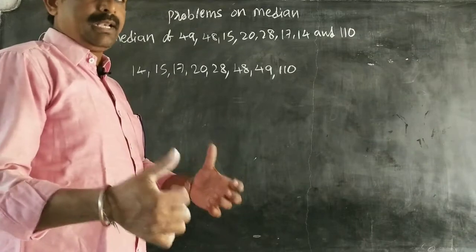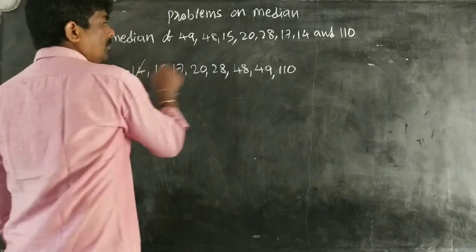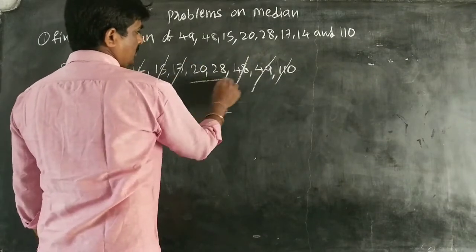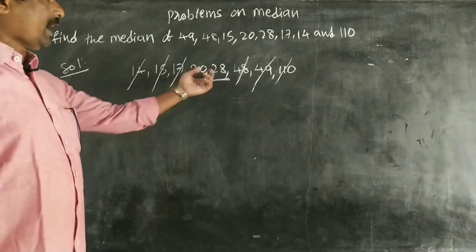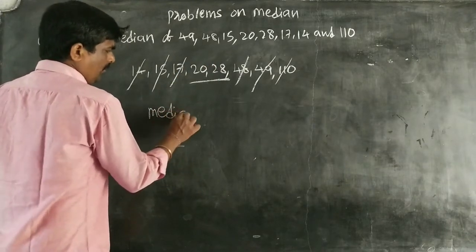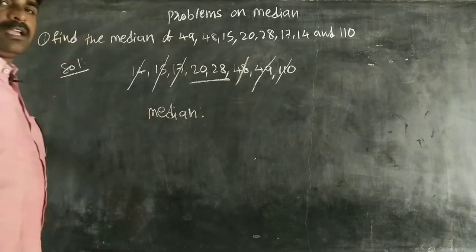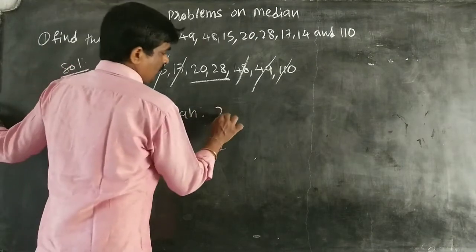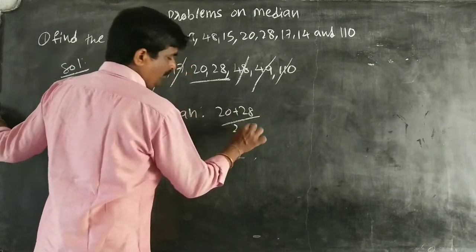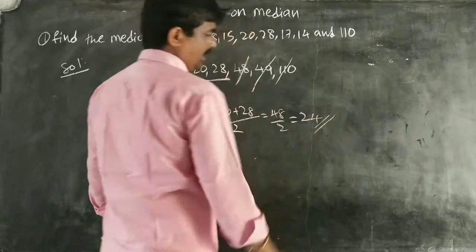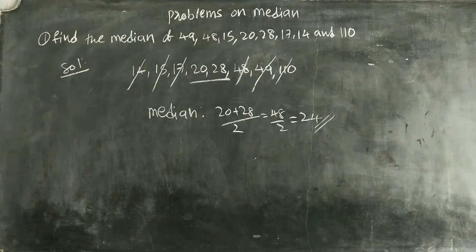So we are taking the middle numbers. From both sides, we have to come to the middle. These two numbers come, so then we have to find the average of both. That is equal to the median. If you get a single number, that is the answer. Either a single or double number only you get, not more. Therefore, 20 plus 28 by 2 is equal to 48 by 2. 24 is the median. This is very easy. Okay? Right.